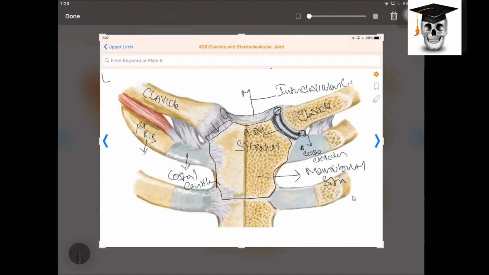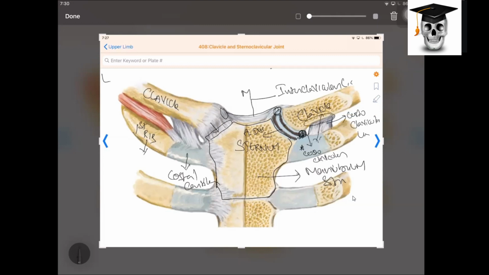Now you also see in the medial end of the shaft, inferiorly we said one more ligament was there. You remember that green color ligament on the medial end of the shaft. This is your costoclavicular ligament. See the ligament and see the joint. This is the joint. This is the ligament which is holding this bone to attach to the clavicle. So this is the part we are seeing on the inferior surface of the medial two-third of the shaft, the green patch we have seen.